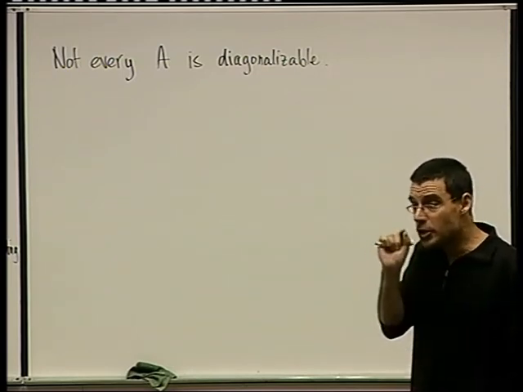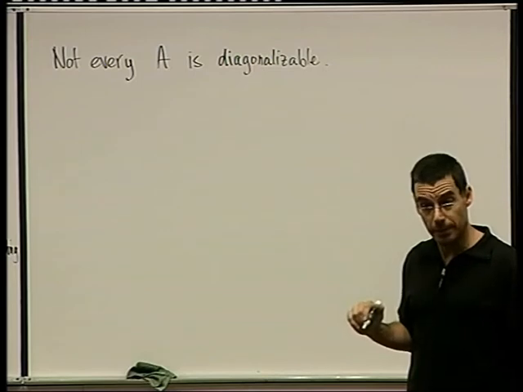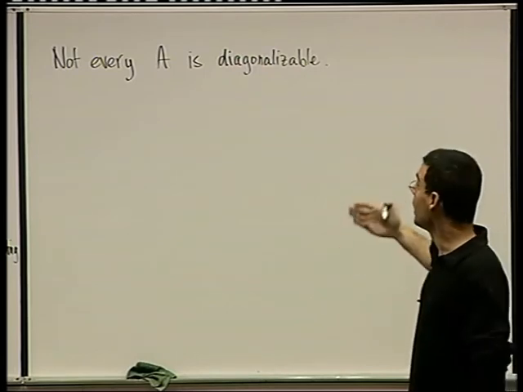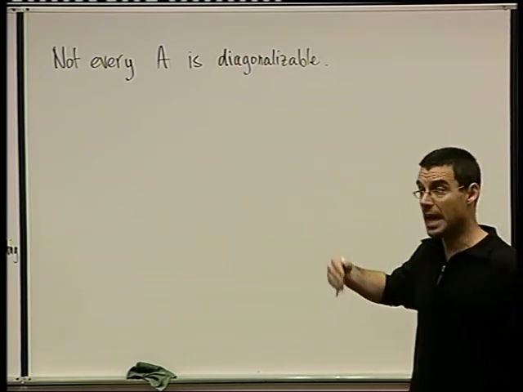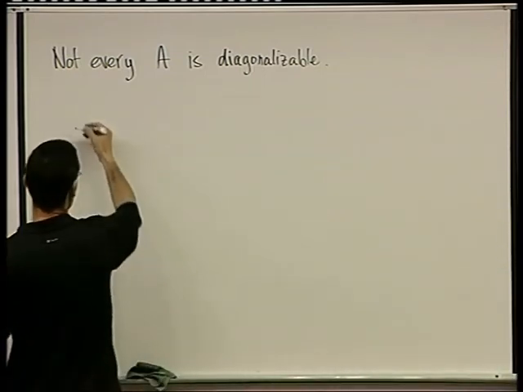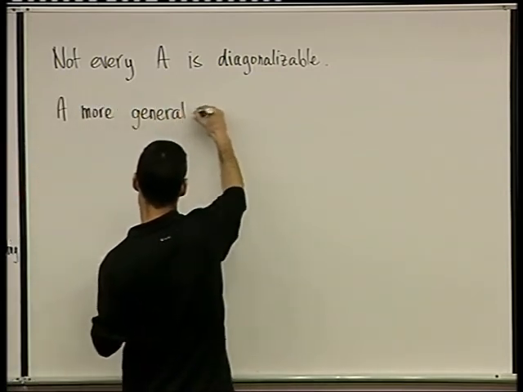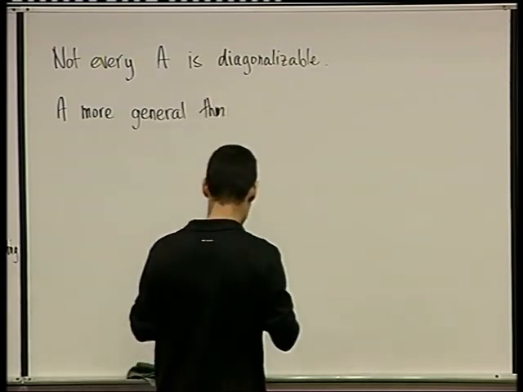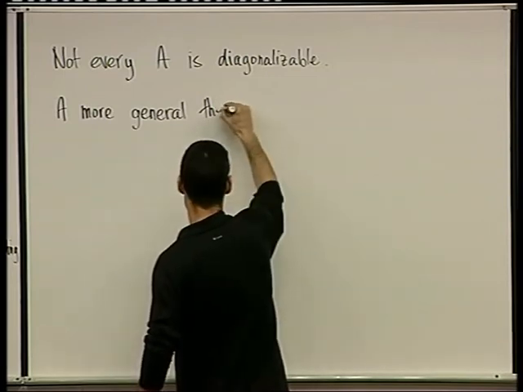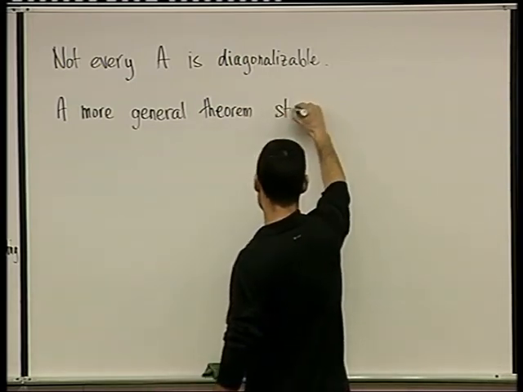I'm just going to mention one or two, so you know that they exist, and if you ever need them, you can look them up. Some more advanced courses go into details of other forms of matrices that are not diagonal but are useful. So here's one. A more general theorem states that if